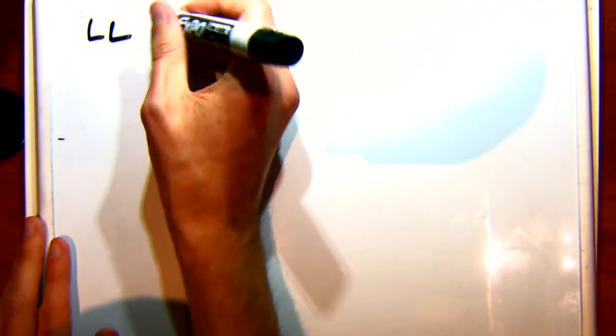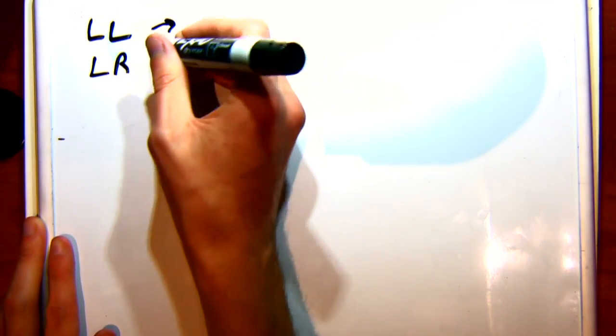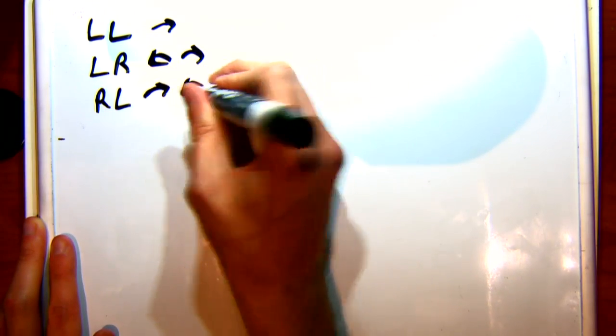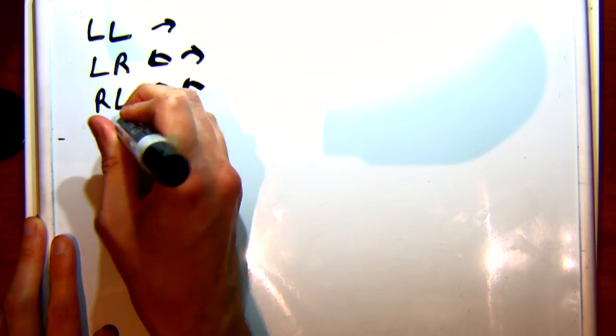I'm going to write out the different types of rotations in the top left so that you guys can refer to them. If you have a left-left, then we need to rotate right once. If we have a left-right insertion, then we need to rotate left once, then right once. If we have a right-left insertion, then we need to rotate right once, then left once. And if we have a right-right insertion, then we need to rotate left once. So as we're inserting into this tree, I think you guys will see one double rotation and one single rotation. All right, so